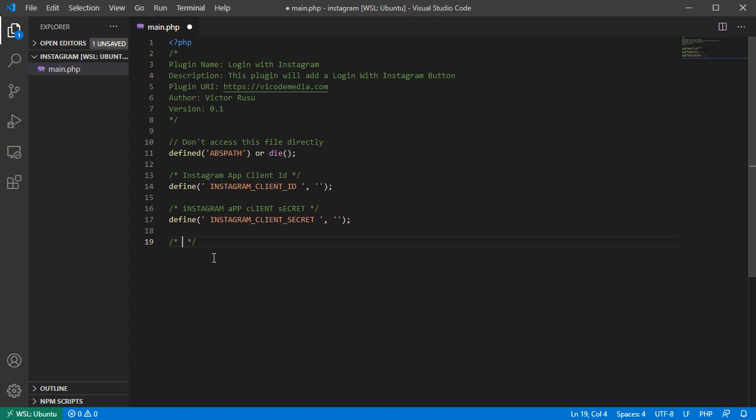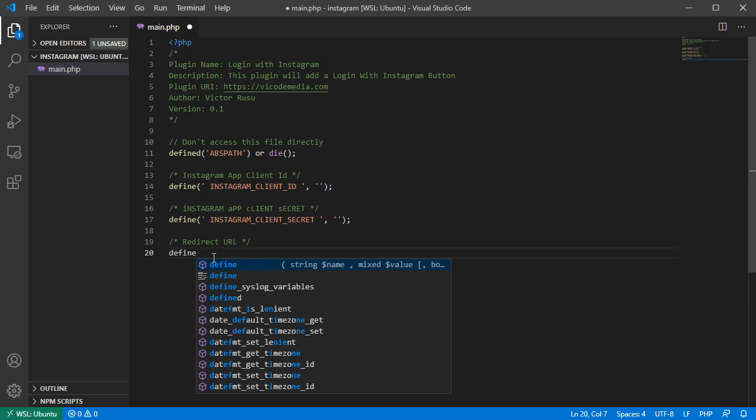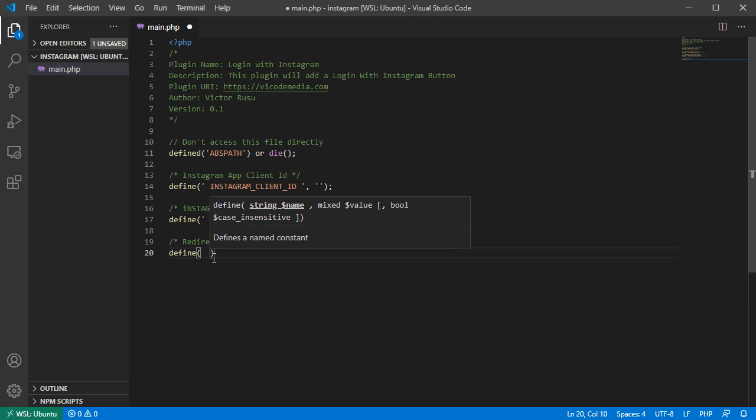The next one is gonna be the redirect URL. This is where Instagram is gonna send the user after they click on the confirm button, whenever they log in with Instagram. So I will define a new variable here, and this is gonna be redirect URI, and the URI in my case, I will create a redirection URI, and this is gonna be